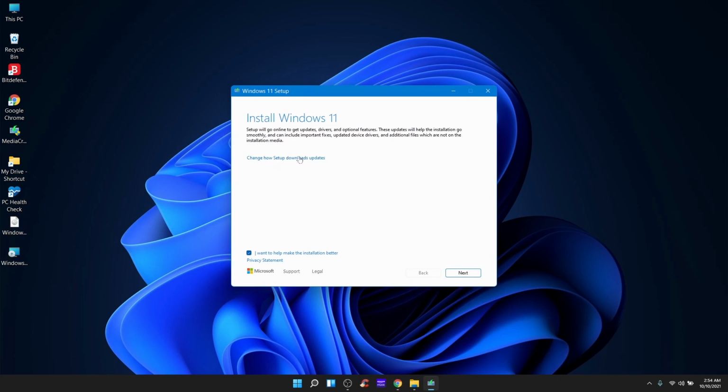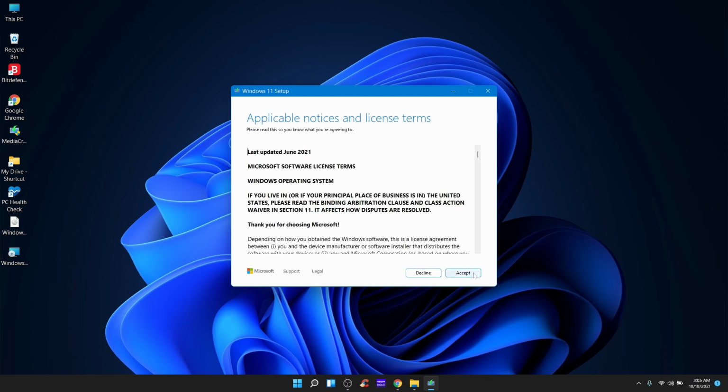Change how the setup downloads updates. Right, it says download updates and drivers, optional features recommended. I would suggest that you use this. I want to help make the installation better. Click next. Once you click on accept,